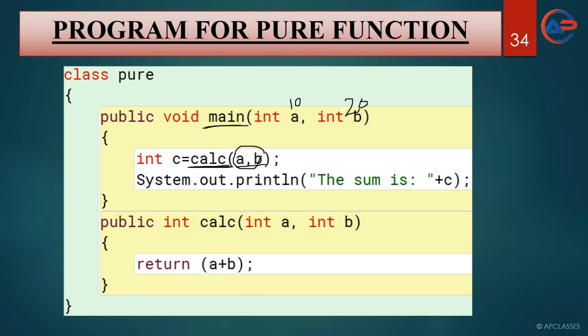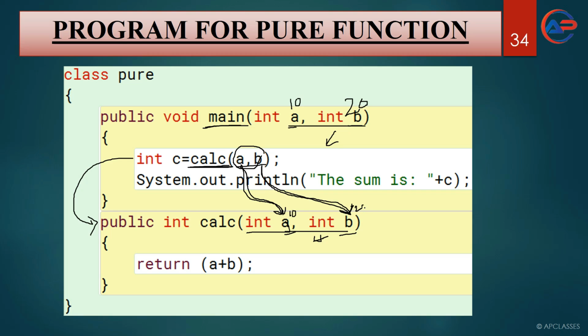So when you call the method calc, you will move from this place to the calc method, and the A value will get stored here, the B value will get stored here. You can take the same variables, A and B, here. And why can the same variable be taken? Because this is a local variable and here this is a local variable, so they do not coincide with each other. This part will only work for this method and this part will only work for this method.